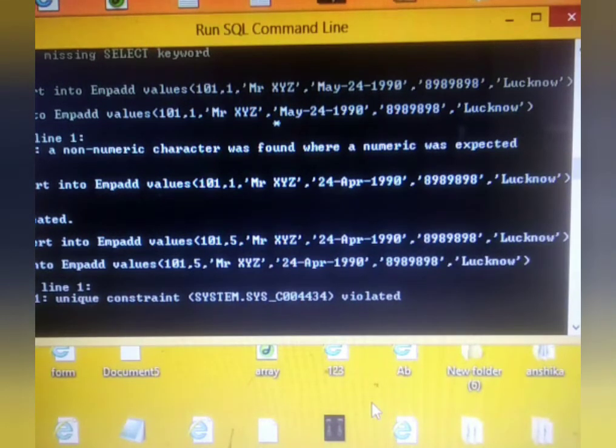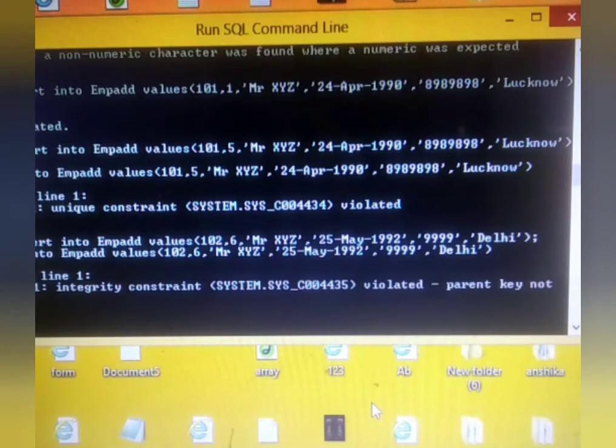If I insert into EMP add values, suppose I am giving 102, and here I am giving some other value like 6, after that Mr. XYZ, 25 May 1992, and then the contact number and whatever is the city.